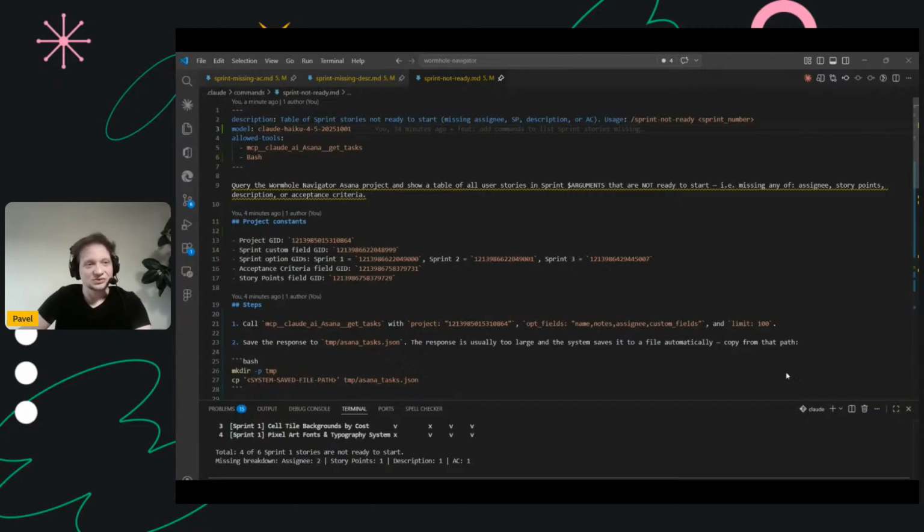These commands look pretty simple. As you can see, you can create them using your preferred AI tool. It contains a small description for you and the model you want to use. Of course, Haiku is cheaper in this case because it's pretty simple work. We use agent, just a CLI wrapper, to do some queries, and here you can see